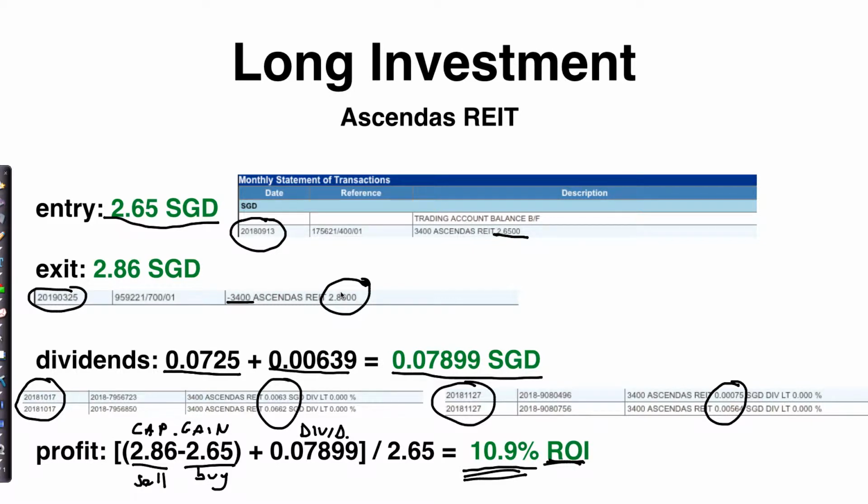So I shared this in a video, how to exit for long-term investing. This is one of the strategies I use, selling near a resistance point and wait for the price to go down again and to offer me attractive yield. Yield is the dividends you get over the price,